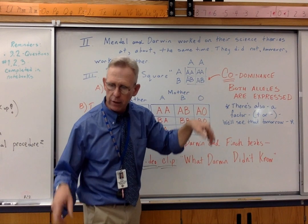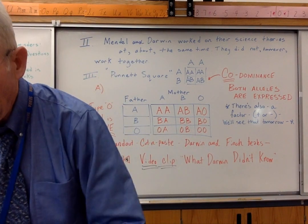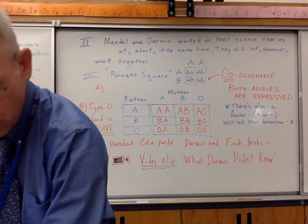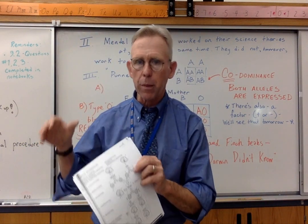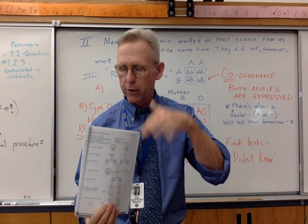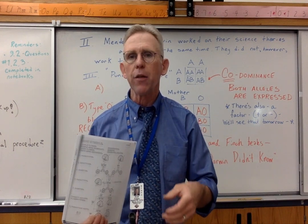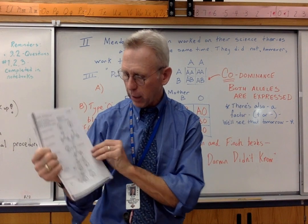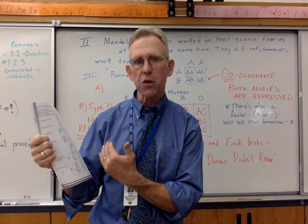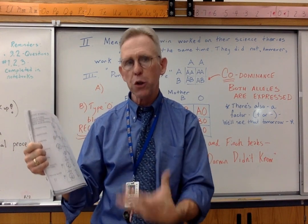Punnett squares. Yesterday, walking over here, we had a good example of Punnett squares in this handout right here, which went home with the students. Remember, anytime you get one of these handouts where you get the color in and the cutting and pasting, they get put into the notebook. These are never handed in. But this one showed the classic dominant and recessive allele and how it works out in the ratios of the